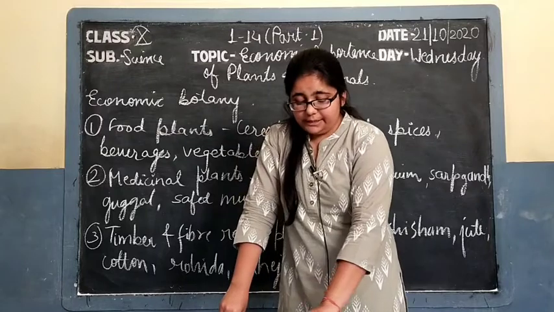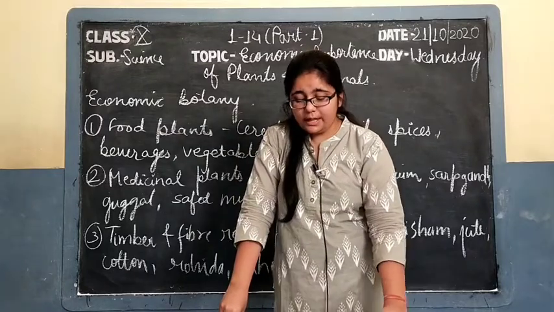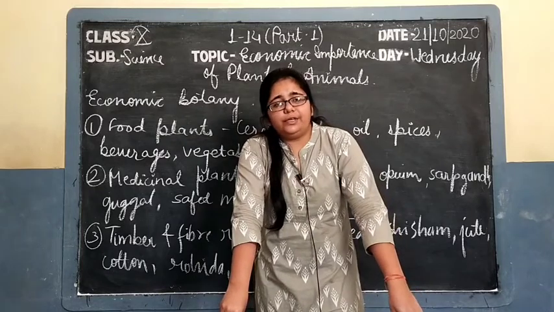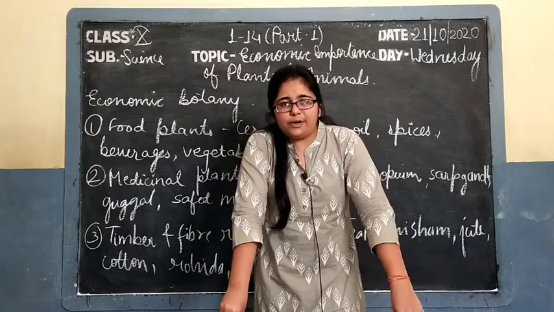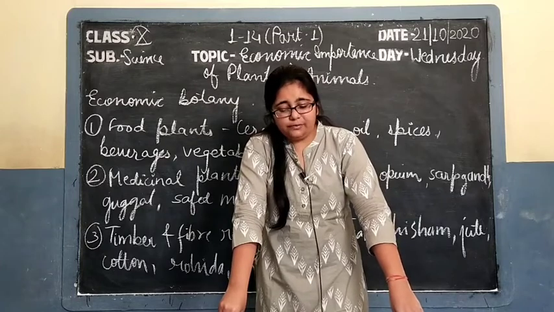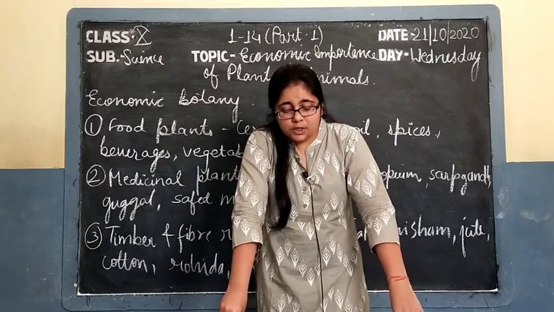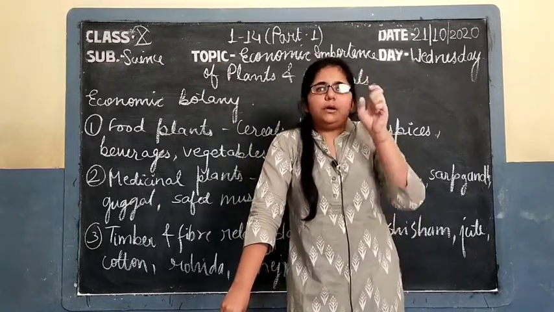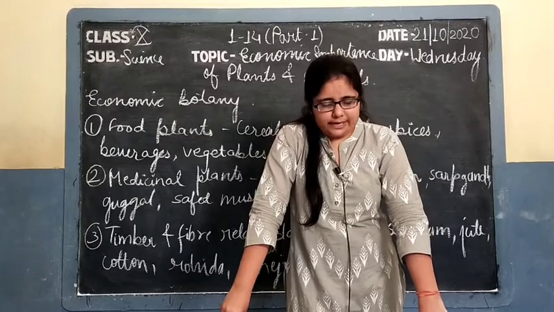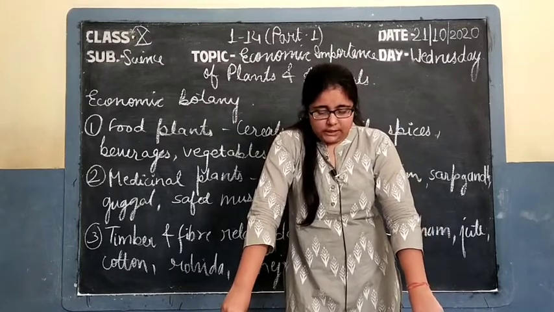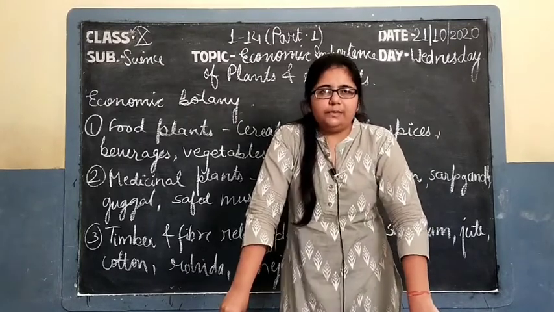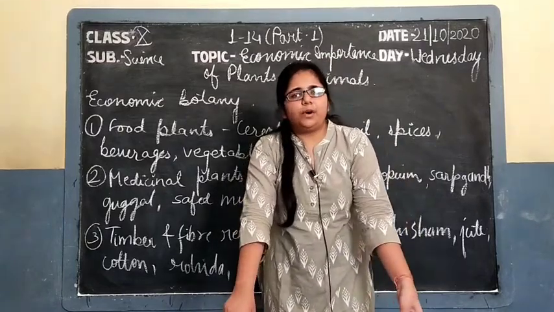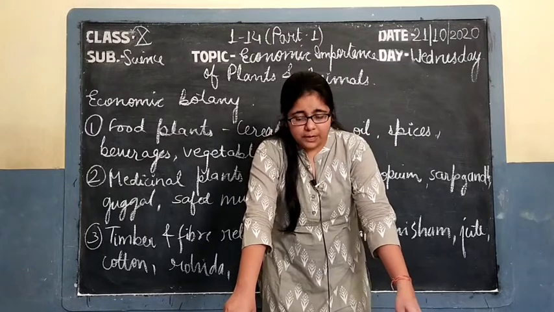Then rice, that is Oryza sativa. It is the kharif crop. India is one of the topmost countries in rice production all over the world. The important varieties of rice are Basmati, Swarndana, Jaya, Ratna and Sona. These are very high yielding varieties of rice. So, both wheat and rice are the important major components of our food.